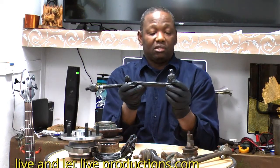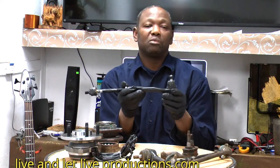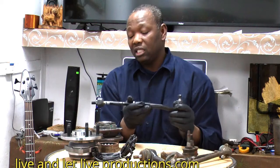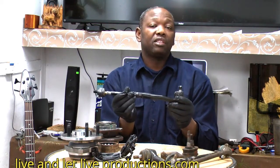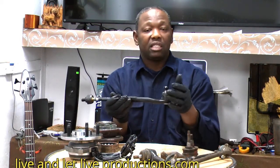And the same thing at this one. If this one pulls out, you have no more control of the car. Wherever the car wants to take you, that's where you're going to go. You have no more control of it. So these are things that you have to see and get serviced maybe every 3 months. If your car is an older car, every maybe 3 to 6 months you should get these things checked out